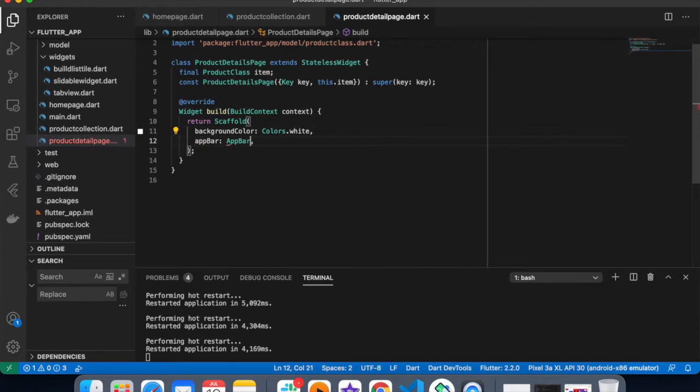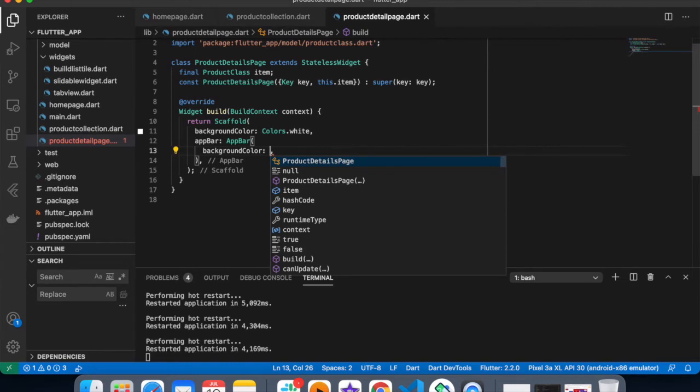So currently in the app bar I want my back icon, and I also want my cart icon to be displayed, and if you want you can also copy paste the app bar from the home page to this page.